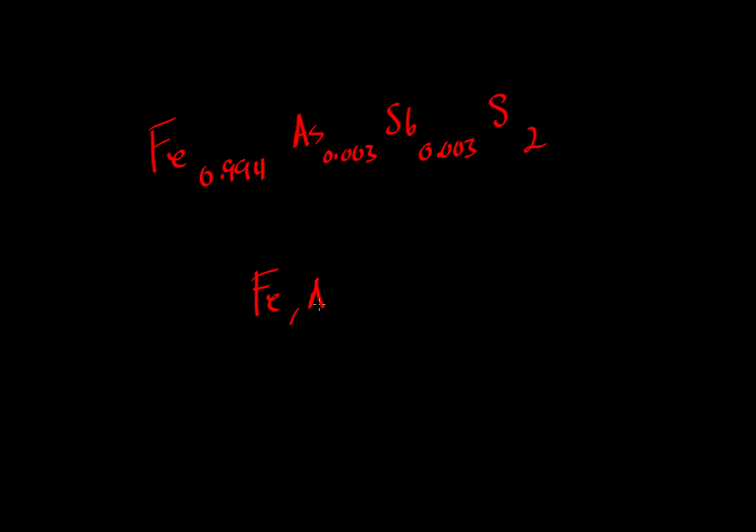Let's erase the chalkboard. Our precise formula is iron 0.994, arsenic 0.003, antimony 0.003, and then sulfur 2. So that general formula of iron, arsenic, and antimony for a pyrite that has a little bit of solid solution of these 2 atoms would be a precise formula here for the particular analysis that we started